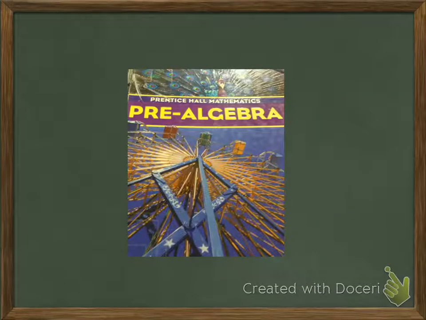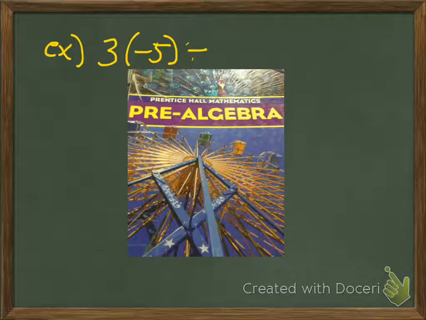Now, before we get to your book, let's try one more question. What if I have a problem like this? 3 times negative 5 divided by negative 1. All right, so this problem, we're going to use order of operations, and order of operations says to